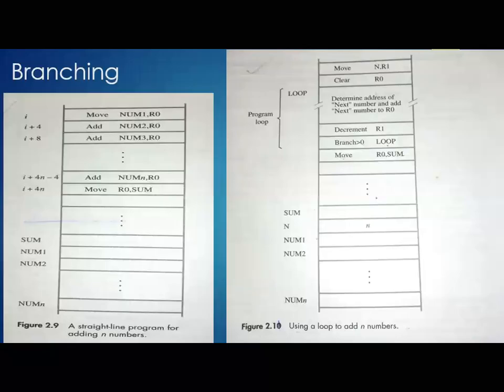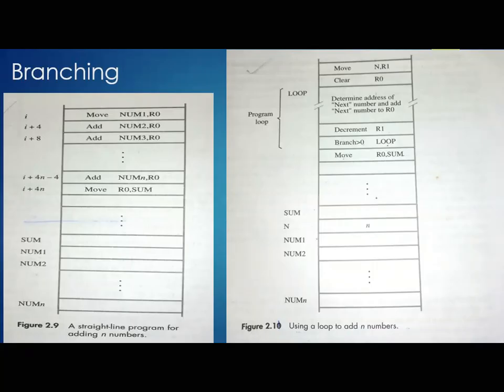Next we'll discuss what exactly branching means, and what the syntax of using a branching instruction is. Here we have one example, but just forget about the branching for now. I have a task of adding a total of 100 numbers, so n is equal to 100. I want to add each and every number, and the result should be stored in a location called sum. Remember, students, I want to add 1 to 100: 1 should be added with 2, then the result added with 3, then 4, 5, 6, till 100.